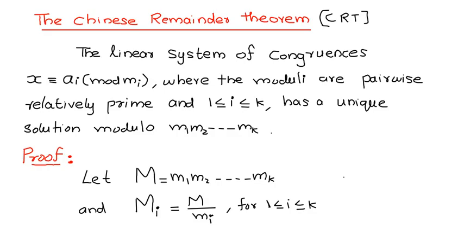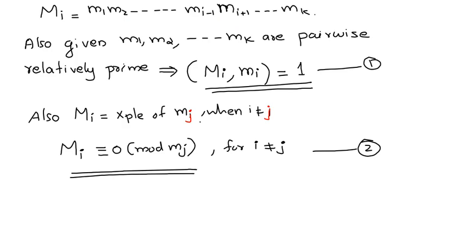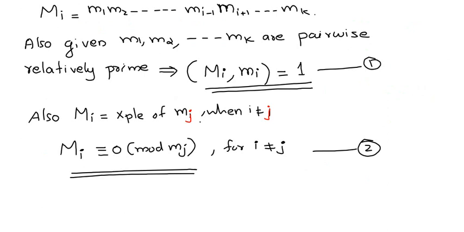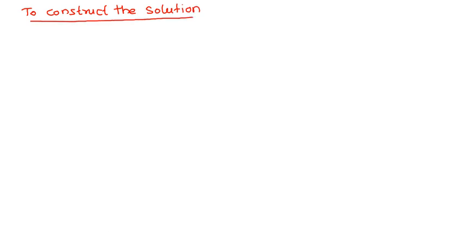Here, in the proof, we want to prove this Chinese remainder theorem. There are two steps. First is to find a solution, and then prove this solution is unique. That is two conditions: one is to find a solution and the other is to prove the uniqueness. First, to construct a solution. How to construct the solution? For this, we take x equal to